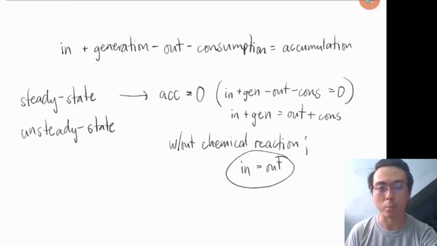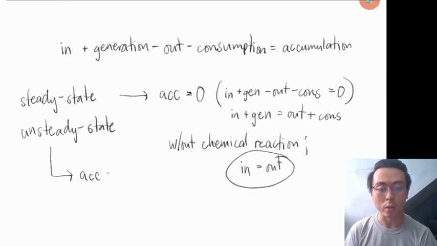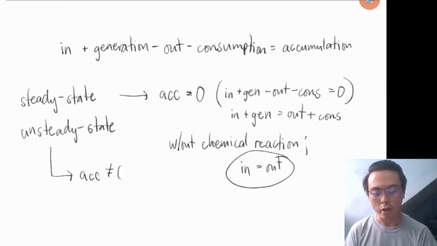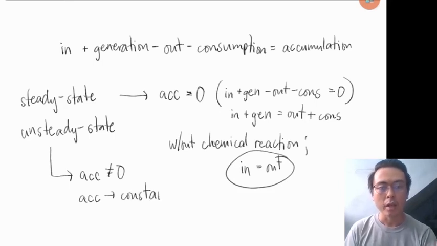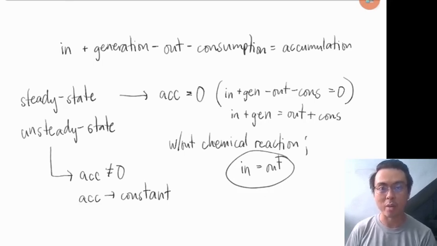Input equals output. Now, for unsteady states, this is the case wherein your accumulation is not equal to zero, or your accumulation has a constant value. If accumulation has a constant value, then you are already performing an unsteady state material balance, which we will not be discussing in this course. Okay, so we will just be focusing on the steady state processes. For unsteady state processes, you could also call this the batch processes or the semi-batch processes. So going back,